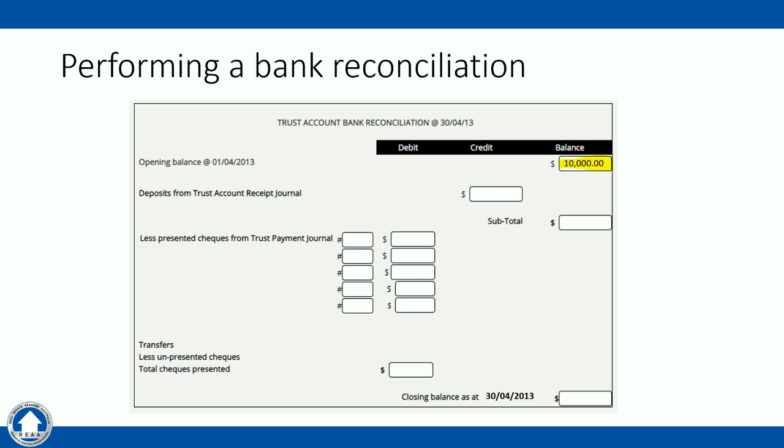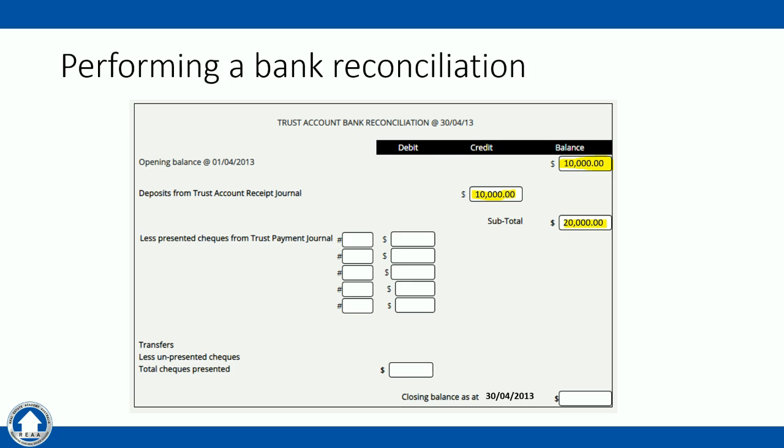The next thing that we need to look at is how much money have we received into the trust account for the month. We're going to assume that's another $10,000 that we're going to have received by way of rental payments, deposits for purchase of property, etc., which gives us the subtotal of our opening bank balance plus our receipts journal total of $20,000. We then need to have a look at how much money have we actually paid out